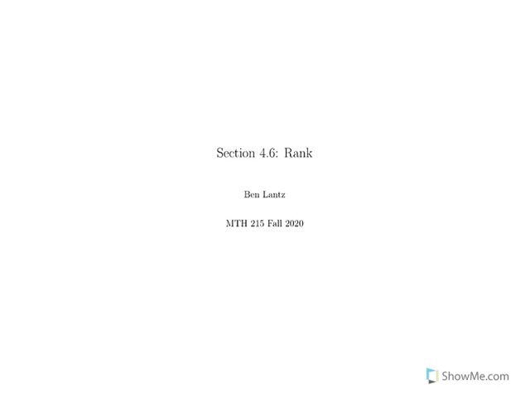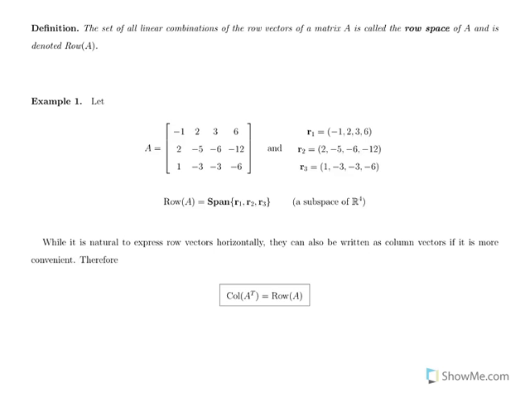In section 4.6, we're going to introduce the concept of rank and nullity, talking about an important theorem, the rank-nullity theorem, and then finally conclude our invertible matrix theorem with a few extra equivalent conditions. So first, let's talk about the row space, which is going to be similar to the column space of A,